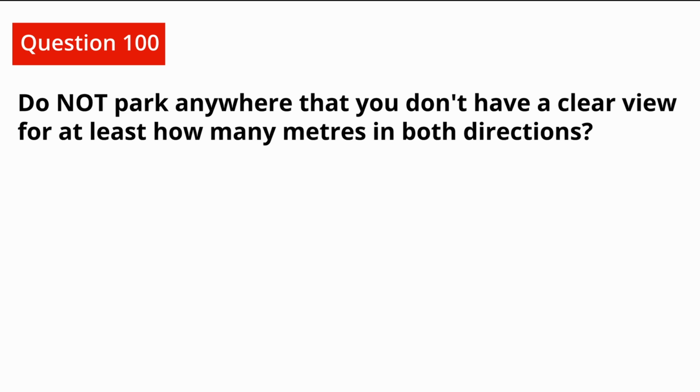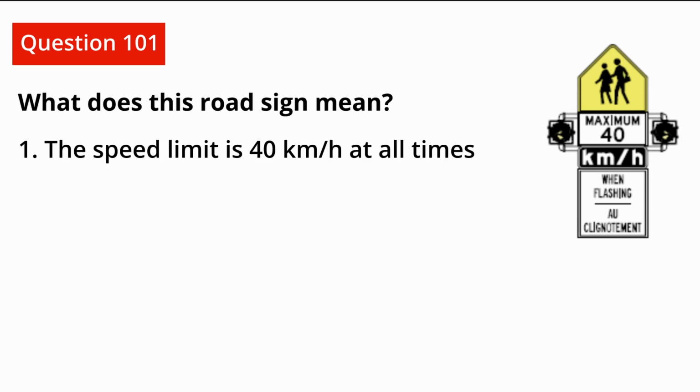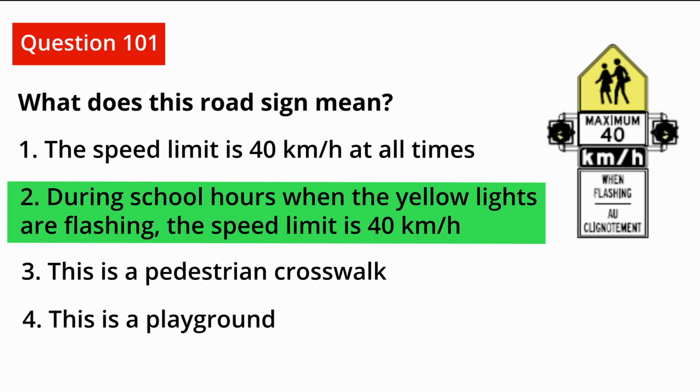Winding road. Do not park anywhere that you don't have a clear view for at least how many meters in both directions? 1. 125. 2. 135. 3. 150. 4. 175. The answer is 1. 125. What does this road sign mean? 1. The speed limit is 40 km per hour at all times. 2. During school hours when the yellow lights are flashing, the speed limit is 40 km per hour. 3. This is a pedestrian crosswalk. 4. This is a playground. The answer is 2. During school hours when the yellow lights are flashing, the speed limit is 40 km per